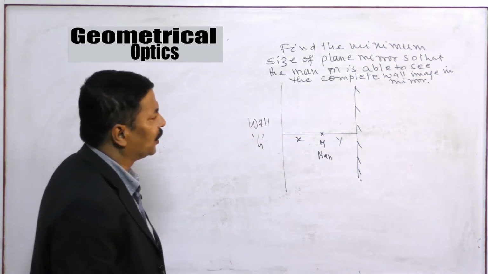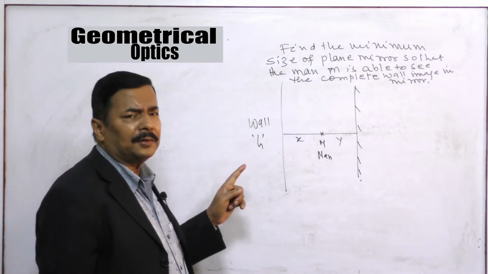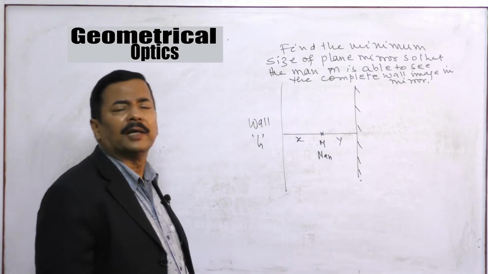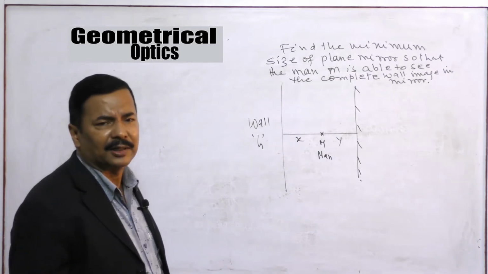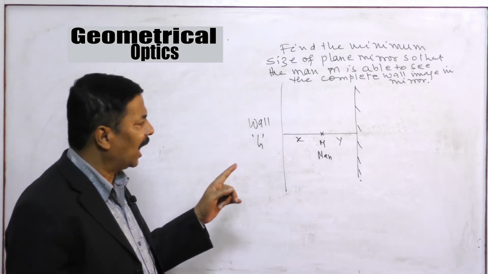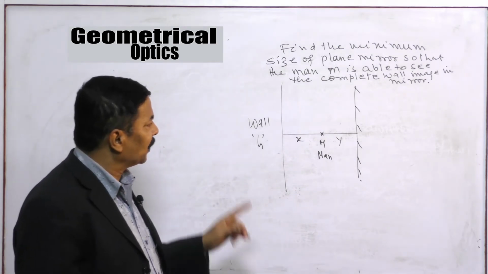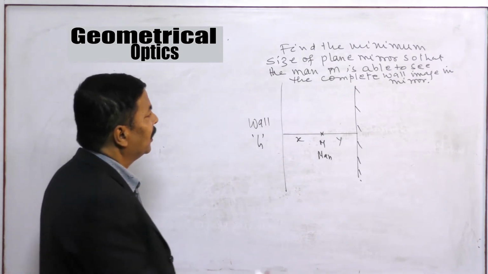Now in this question, looking at the question, you will give the answer something half the size of man, like that only, but it is not the correct one. First apply the concept and then try to get the result. Basically, you have to understand in this way that